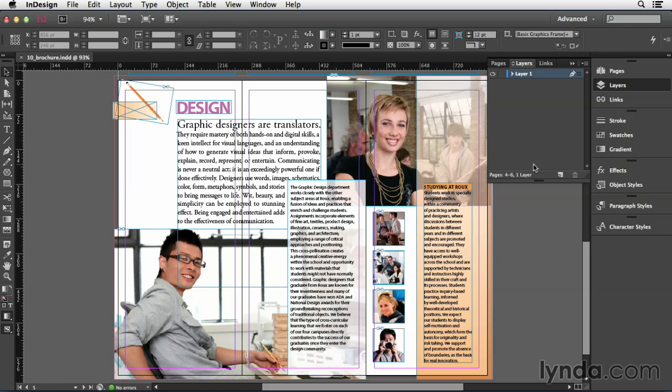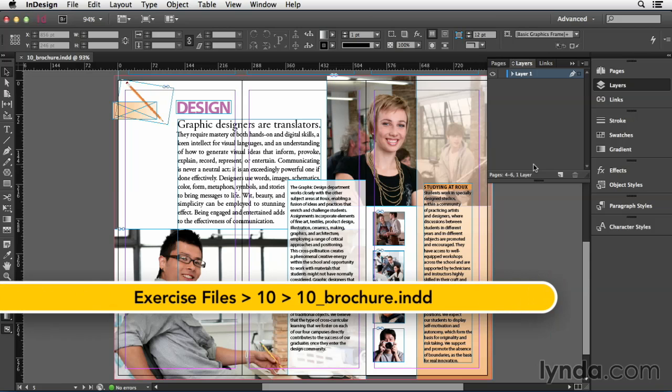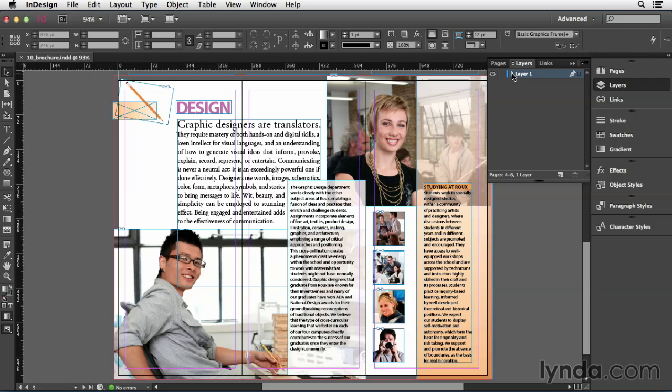As we saw at the end of the last movie, InDesign provides a list of every object on each spread in the Layers panel, and you can find that by going up to the Layers panel and clicking on this little twirly triangle next to the layer name. Now, after the last movie, I reverted my document, so now I'm back to the original document, the one from